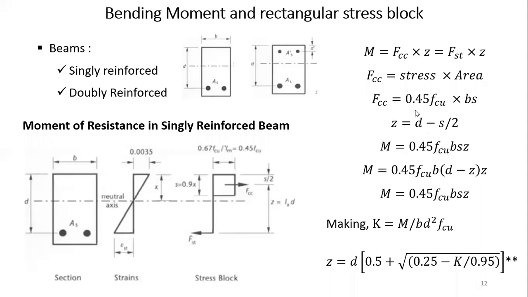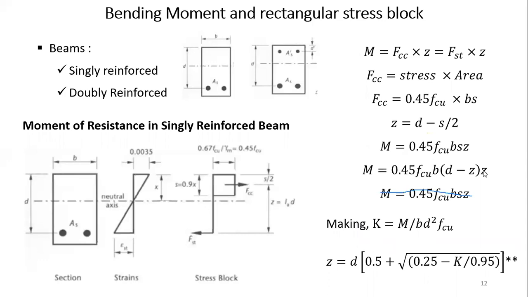And if you make S the subject of the formula in this relationship and you put it in this value, you will get the moment in this form. This one is cancelled. It's a repetition of what we have at the top. So from here we have something like this.